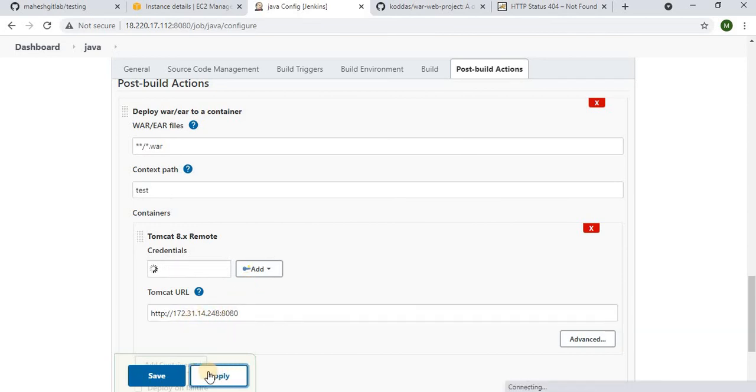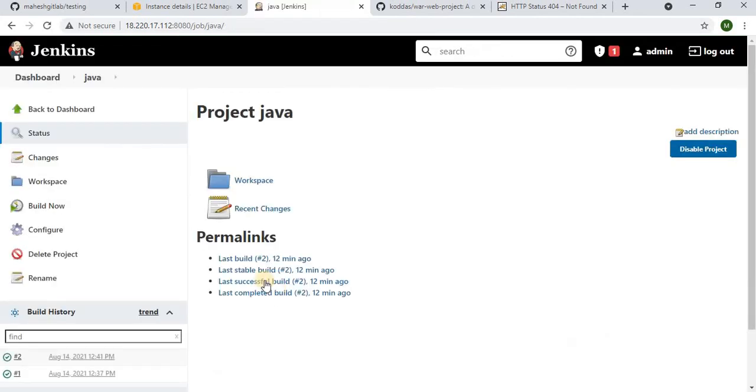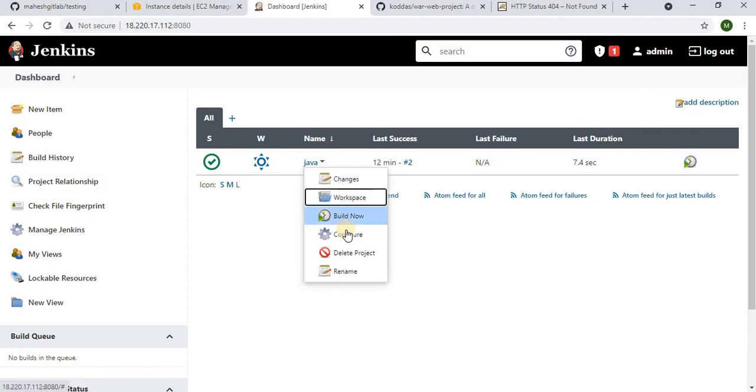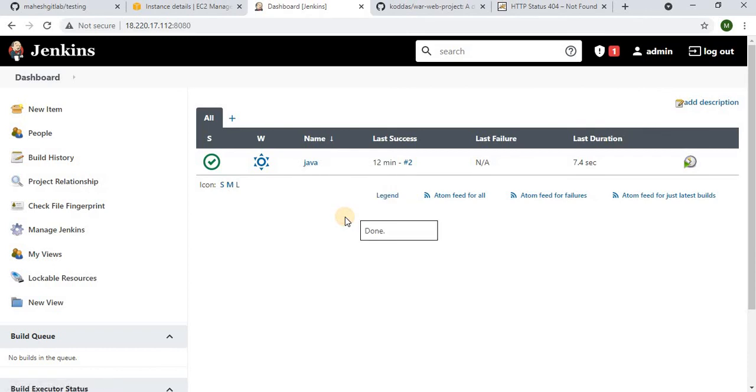Apply and save. Come to the dashboard, run this, build now. We should get the third one as success. Let's see.